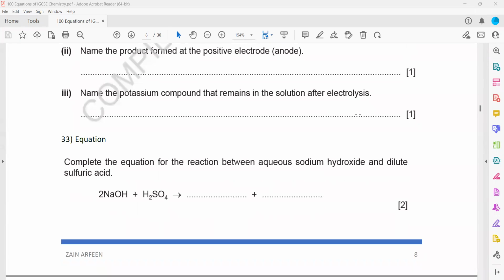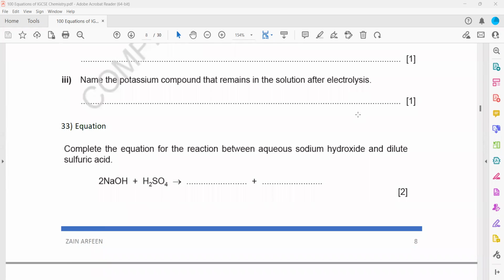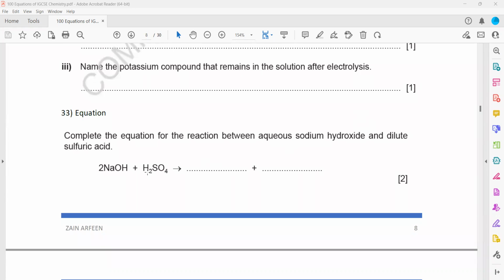Then sodium hydroxide is reacting with sulfuric acid. What will be the product? Alkali is reacting with acid, so it will form a salt, sodium sulfate. Because sulfate is -2 and sodium is group 1, sodium sulfate will be Na2SO4 plus H2O. So yes, that was the right